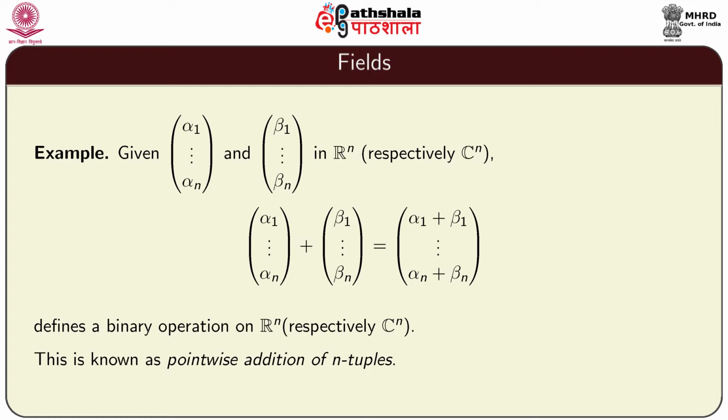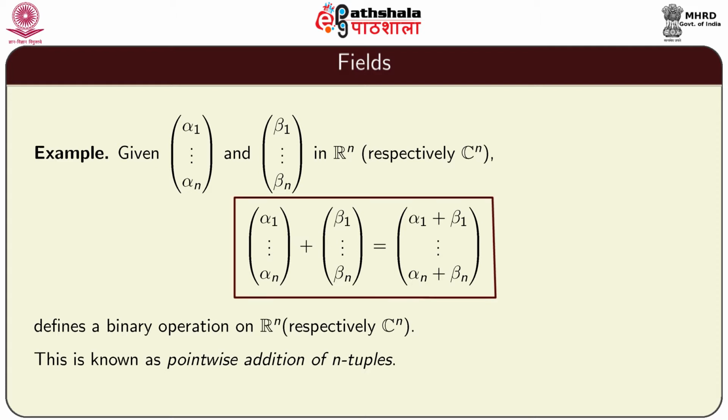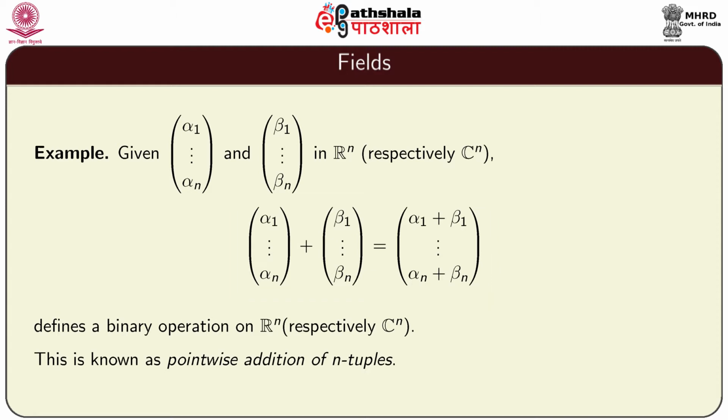This is just a matter of convention and convenience, and we can define (alpha 1 to alpha n) plus (beta 1 to beta n) as alpha 1 plus beta 1, and so on, up to alpha n plus beta n. This is also a good binary operation, a very natural one on R^n respectively C^n,